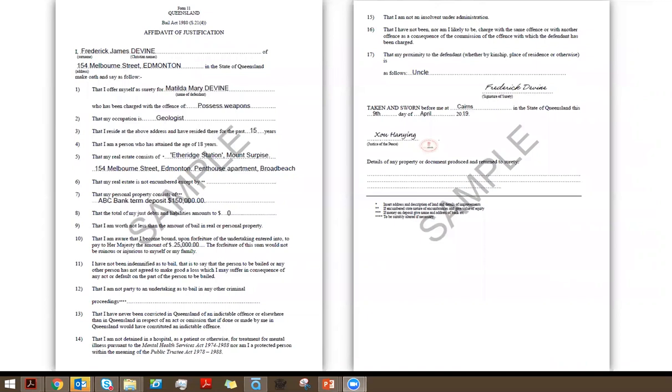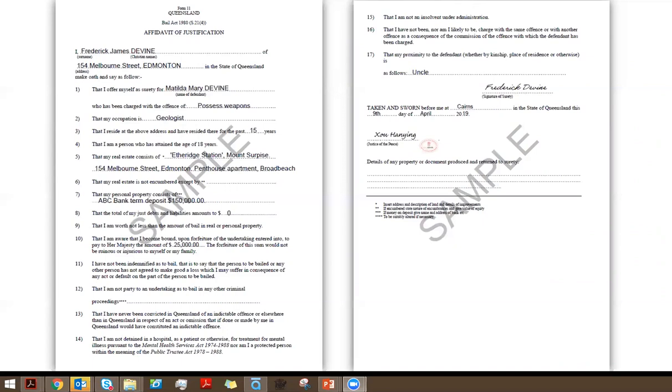For example, in this instance, Frederick is advising the court that he owns the real estate at Etheridge Station and also a penthouse apartment, and it looks like a property at 154 Melbourne Street.